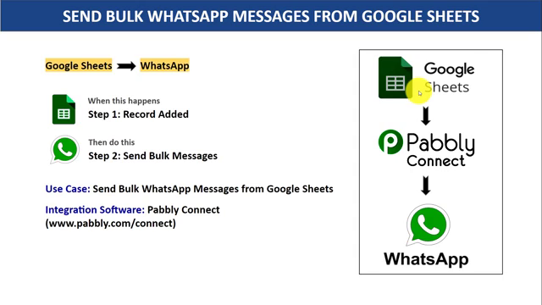So here you have two choices. The first choice is you can copy all the details of your students, sort them out individually, compose a message and send it manually on WhatsApp. The problem with this approach is it's very repetitive and tiresome considering you have many students. So I would suggest that you bring in some automation so that when a new record is added in Google Sheets, it will automatically send bulk WhatsApp messages.